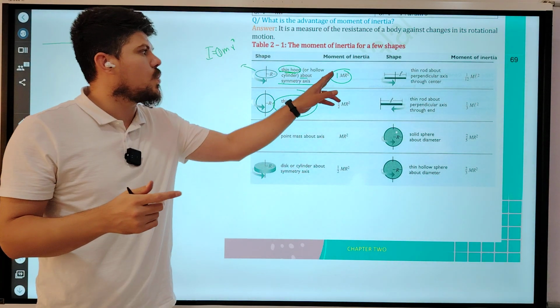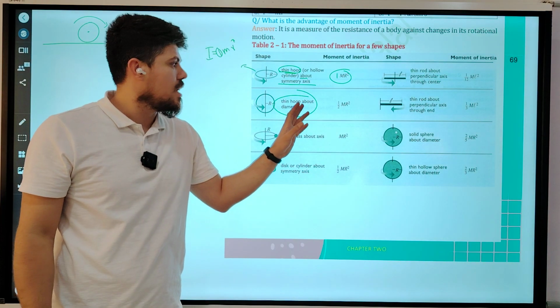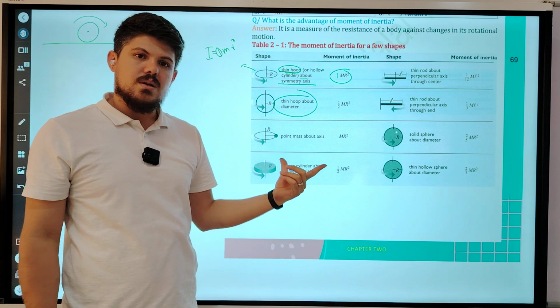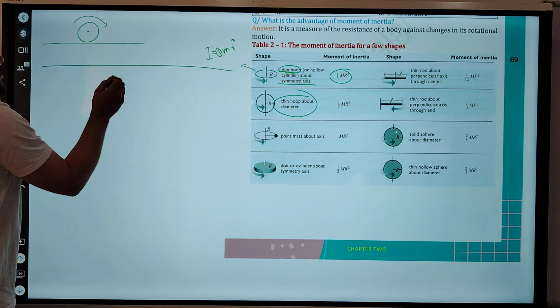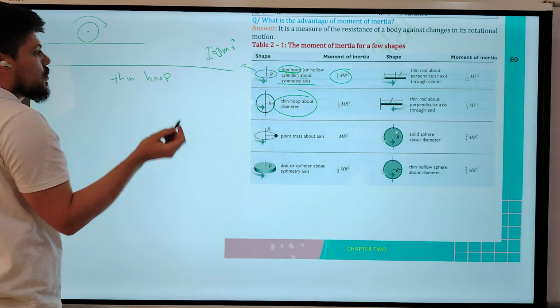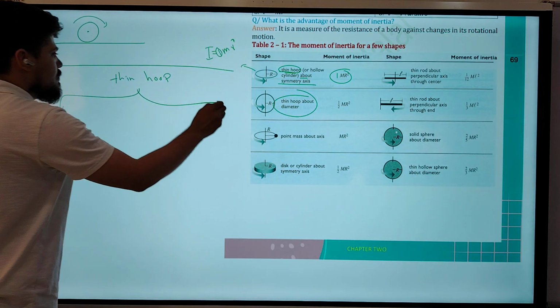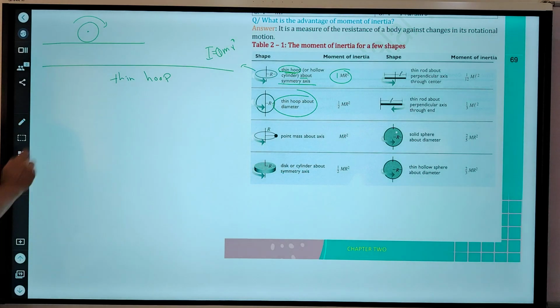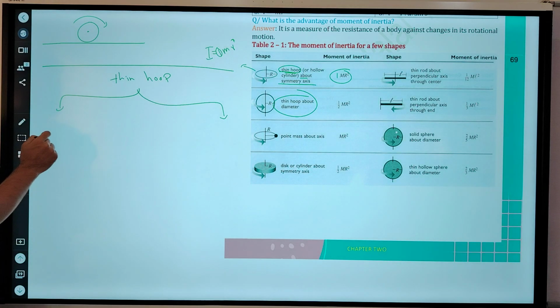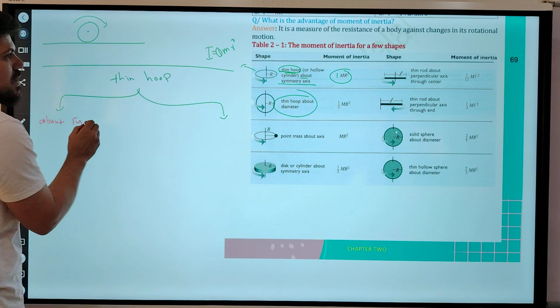Not every thin hoop has 1 mr squared for moment of inertia. Sometimes the thin hoop has 1 over 2 mr squared. Okay? So we can write it like that. Thin hoop or ring, we have two cases. When the thin hoop is rolling about the symmetry axis, okay, about symmetry axis,